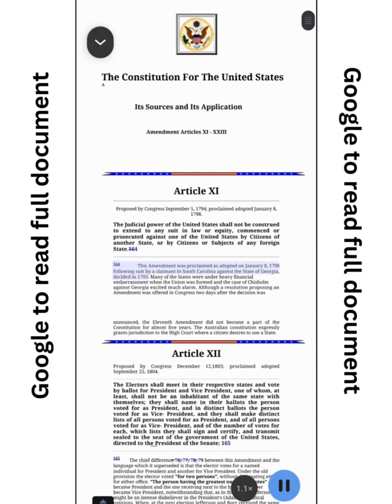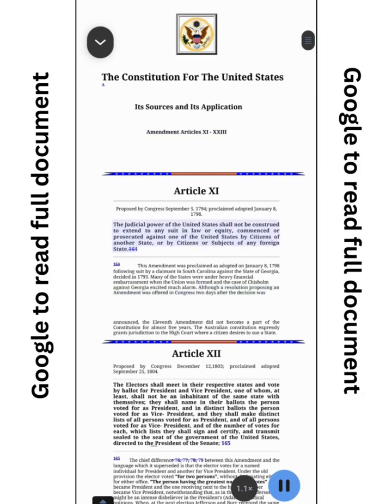1798. 164. This amendment was proclaimed as adopted on January 8, 1798 following suit by a claimant in South Carolina against the state of Georgia, decided in 1793. Many of the states were under heavy financial embarrassment when the Union was formed, and the case of Chisholm against Georgia excited much alarm. Although a resolution proposing an amendment was offered in Congress 2 days after the decision was